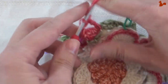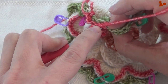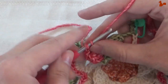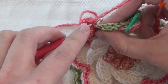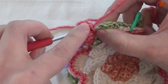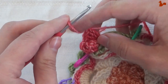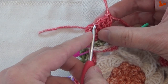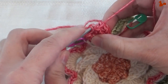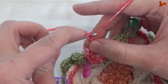Make a treble, and then on the side of that treble, pick up and work 3 doubles. 1, 2, 3 doubles. Open up, come to the first treble, pick up the loop again and pull through. Chain 2, 1, 2,